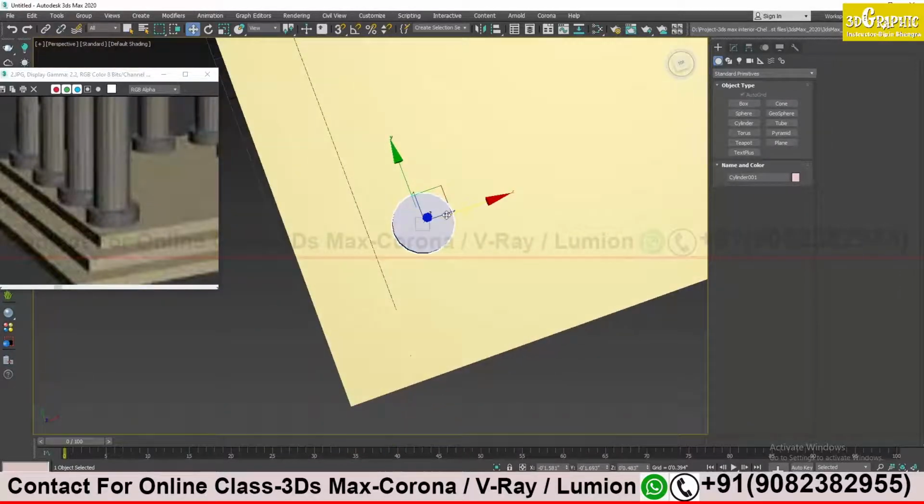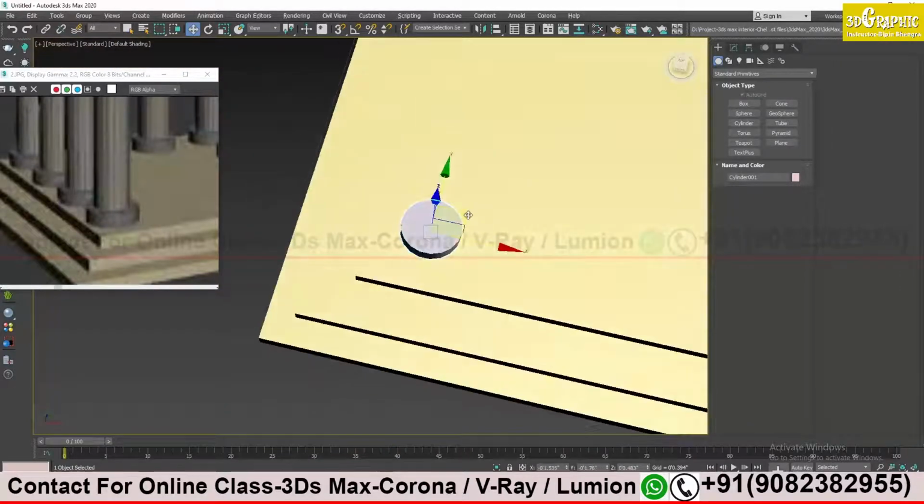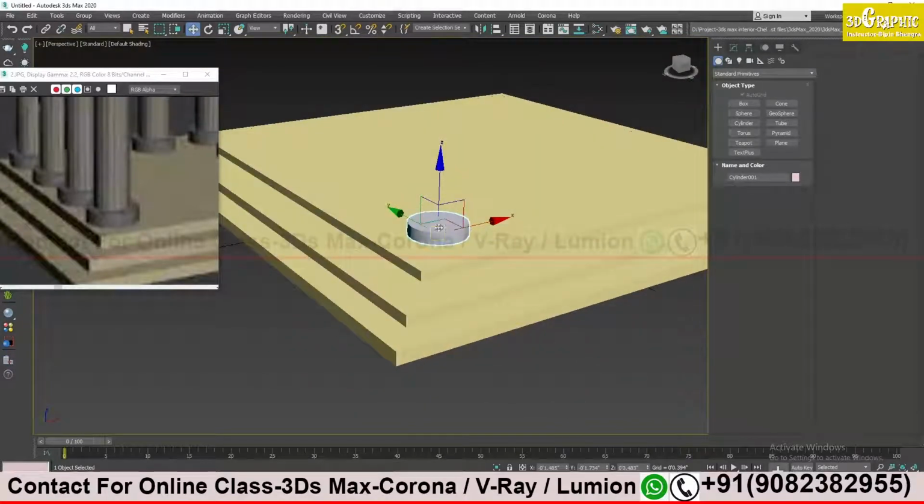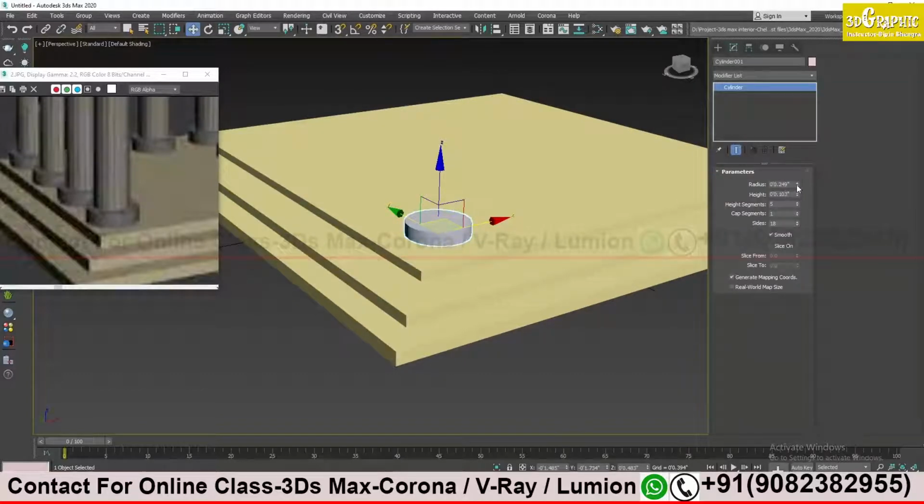Okay, now I will move it a little bit as needed. If I have to resize it, I can do it with the help of the scale tool, or I have another option. I will go to the modifier tab and here I have radius and height.